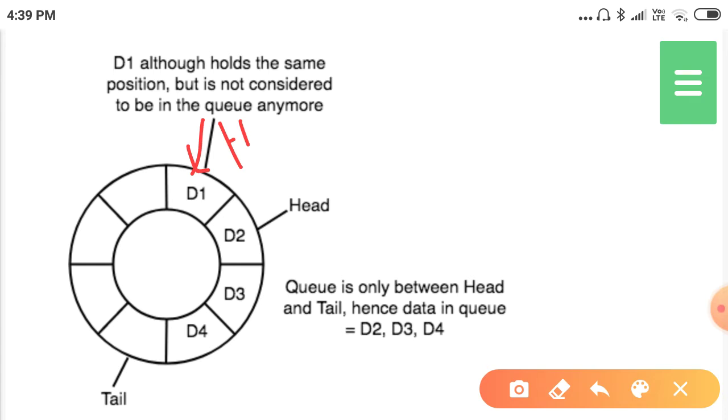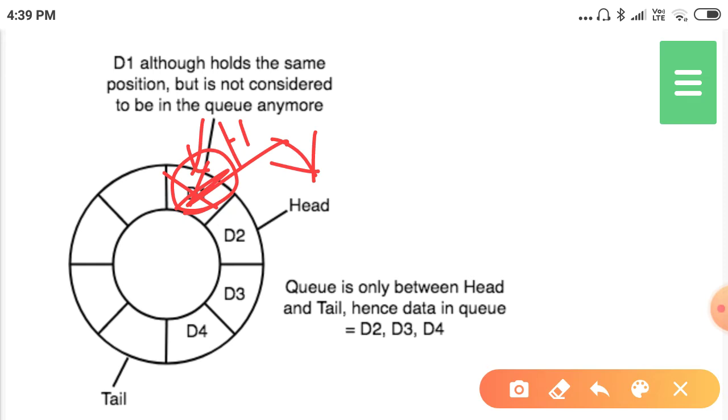If you delete one element, we just increment the head pointer. We cannot cut this memory location; it is not at all possible.